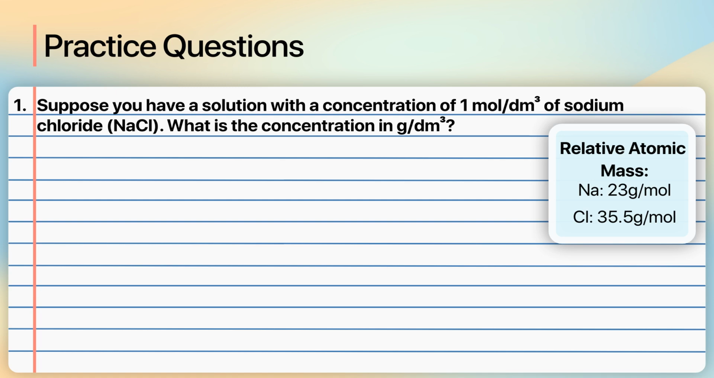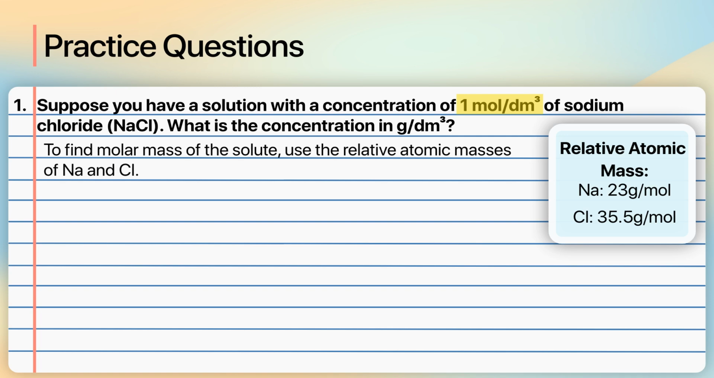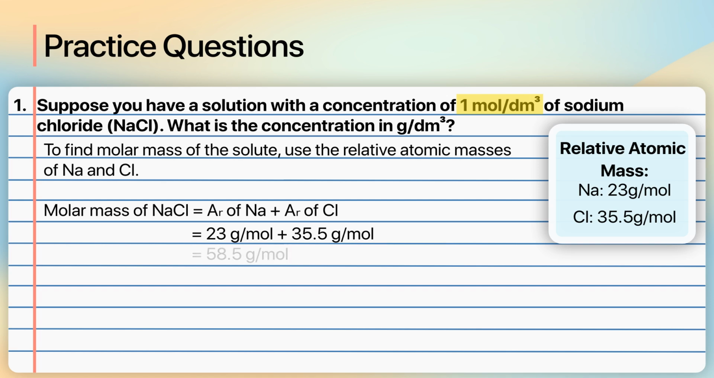First, identify what's given in the question. We know sodium chloride has a concentration of 1 mole per decimeter cubed. This means every 1 decimeter cubed of the solution contains 1 mole of sodium chloride. To find the molar mass of the solute, we use the relative atomic masses of sodium and chlorine. Hence, the molar mass of sodium chloride is 23 grams per mole plus 35.5 grams per mole, which is 58.5